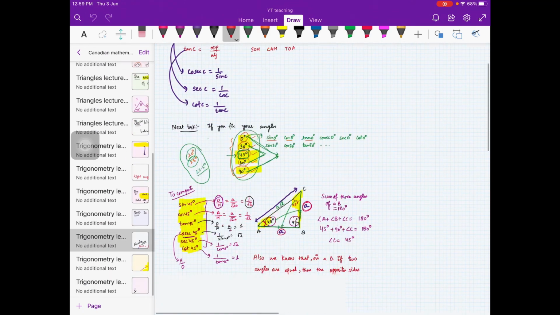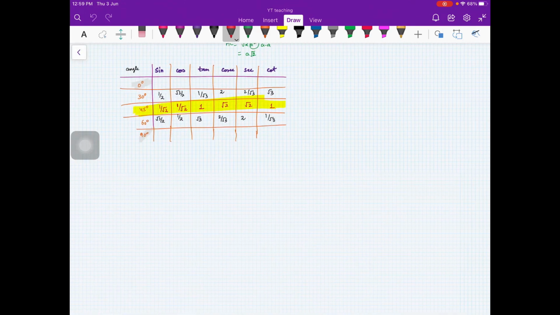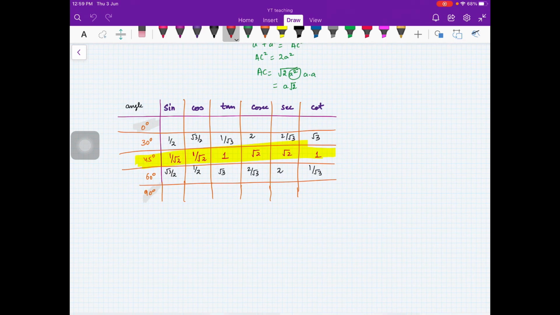So let us complete our table which we had constructed in a video before this. You see, already we have filled our 3 rows. Let us fill the row for 0 degree. So sine 0 is 0, cos 0 is 1, and then tan 0 is 0, cosecant 0 is not defined, I am writing ND for not defined, and then you have secant 0, that was 1, and cot 0 is not defined.